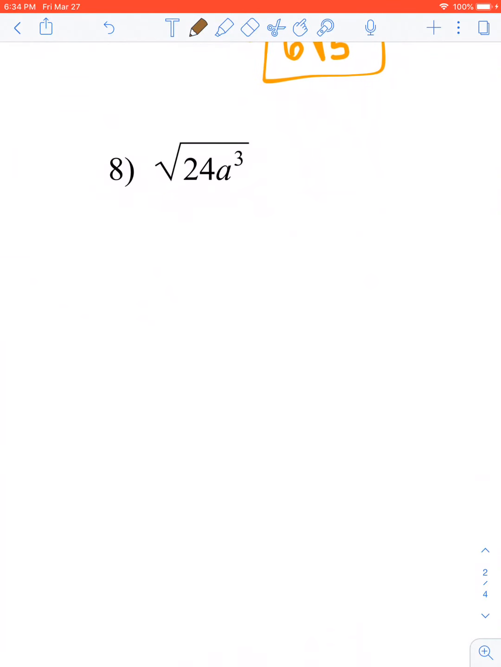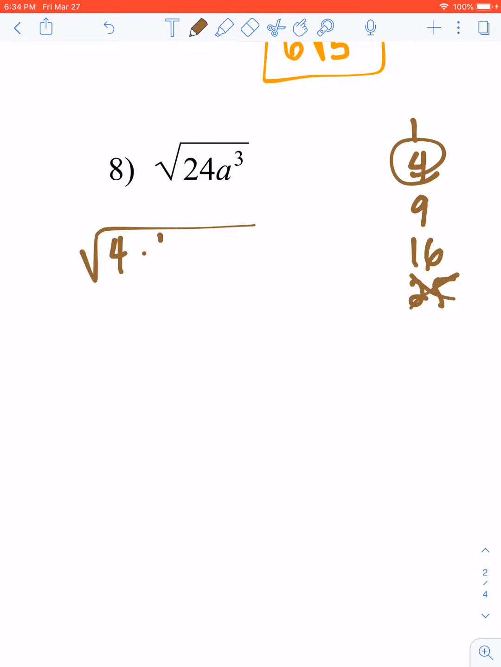Next, the square root of 24a cubed. We're in square roots, so these should be numbers you're familiar with. We have numbers like 1, 4, 9, 16, 25. I don't have to check any higher because 24 doesn't go in. All right, well, I know that 4 goes into 24 evenly. So I'm going to break that down into 4 times 6, where the 2 comes out and the 6 stays